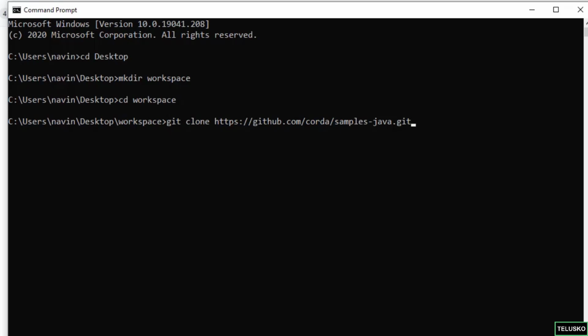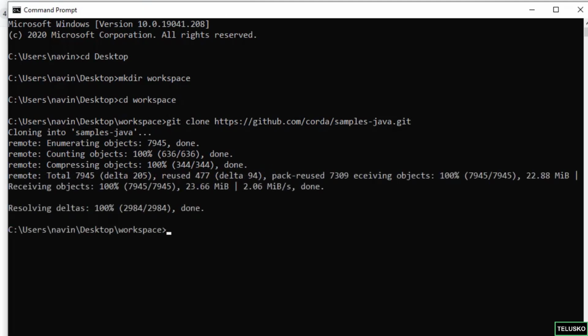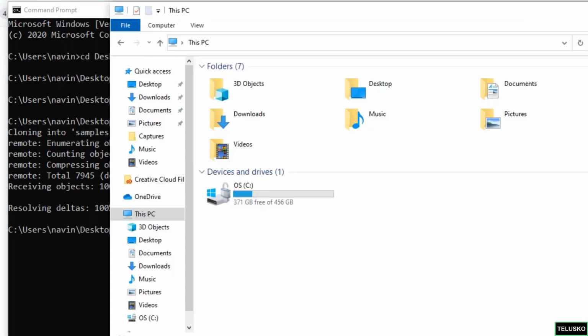Okay, so let's say enter, and you can see it is downloading. It might take some time based on the internet speed. Okay, it's done. So we got the folder. Now where you will find it, let's go to desktop,